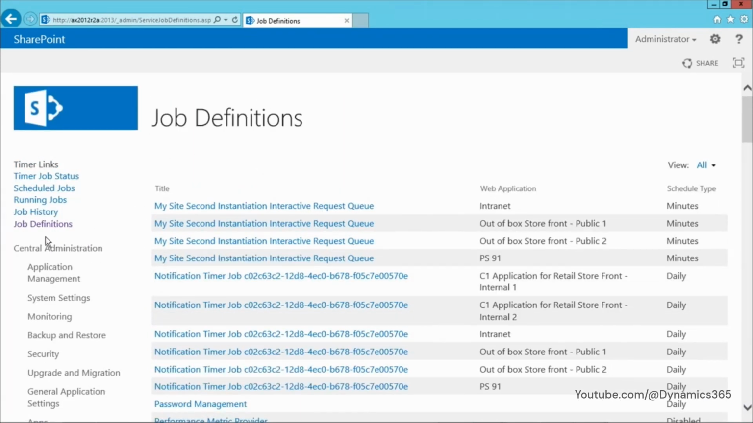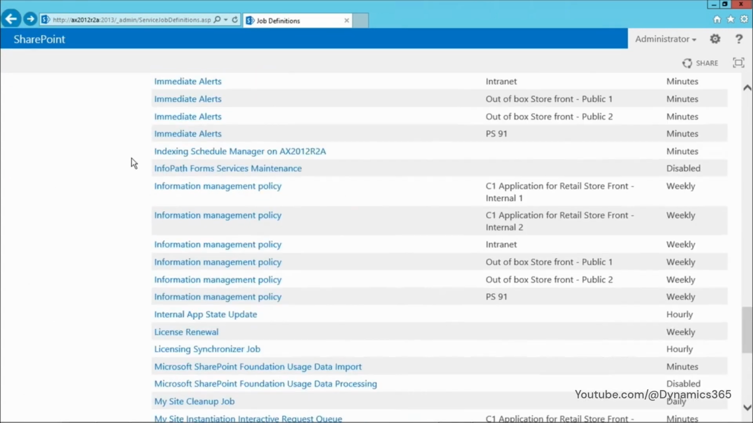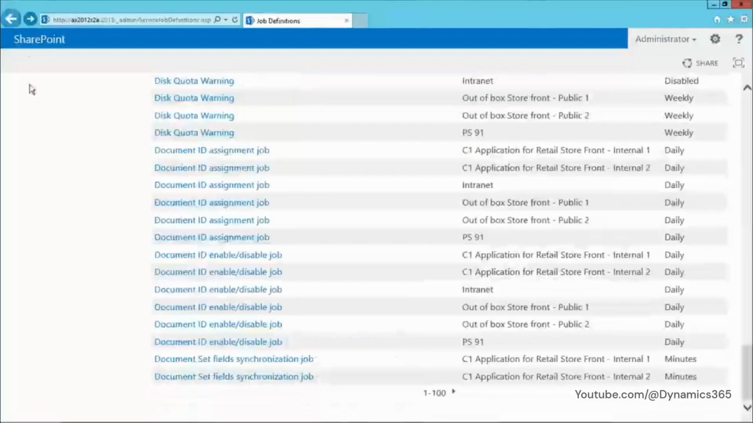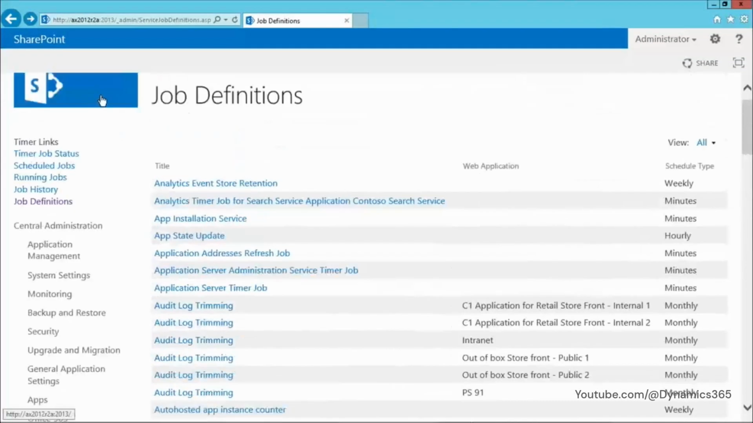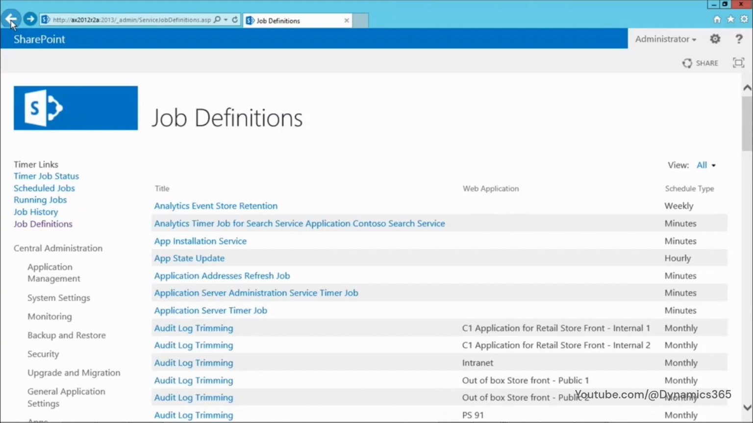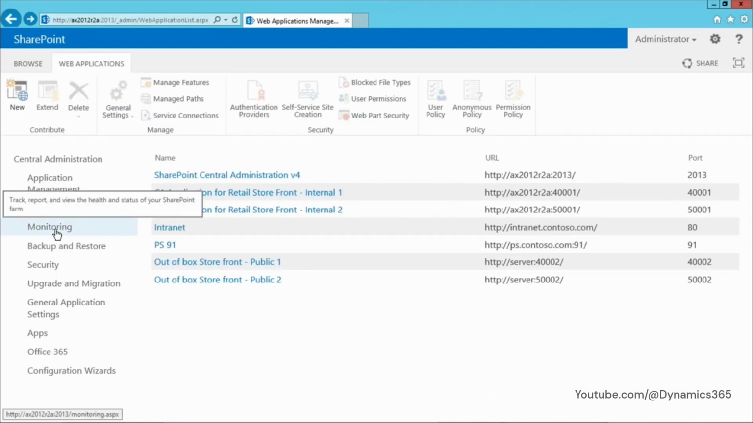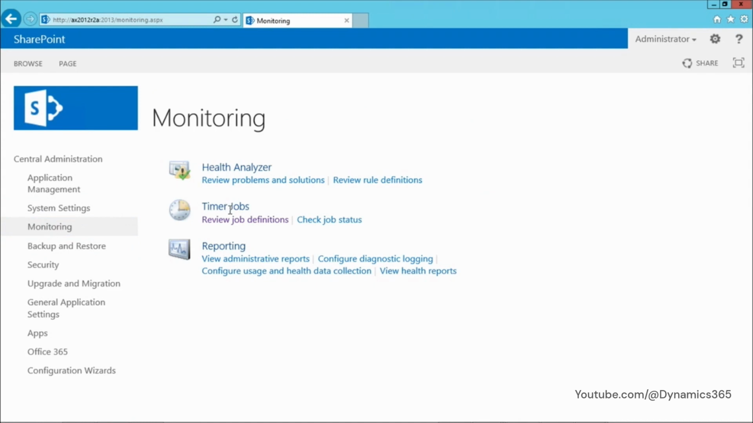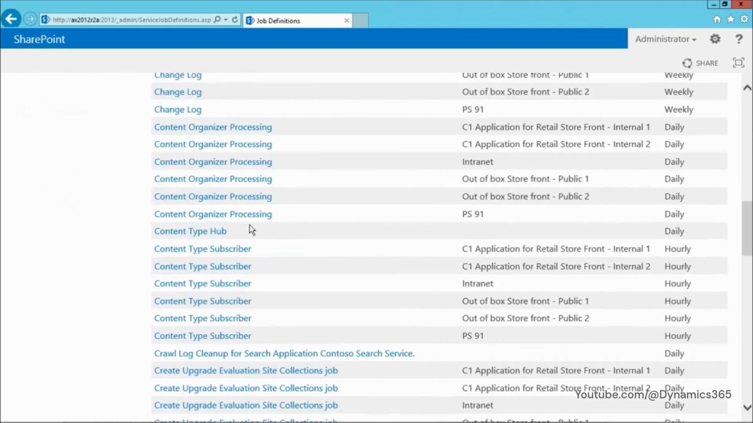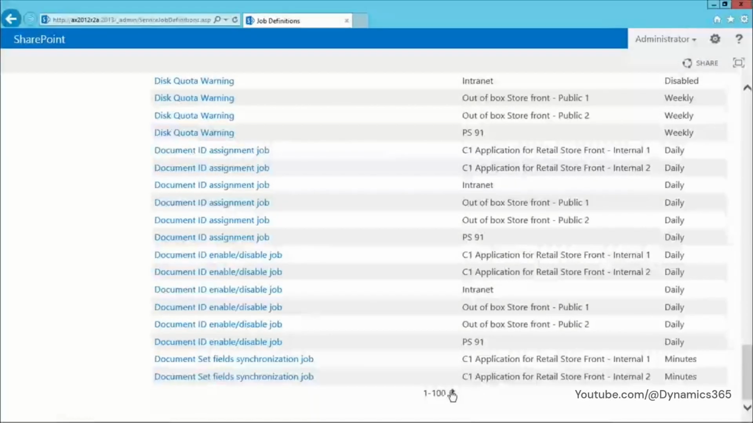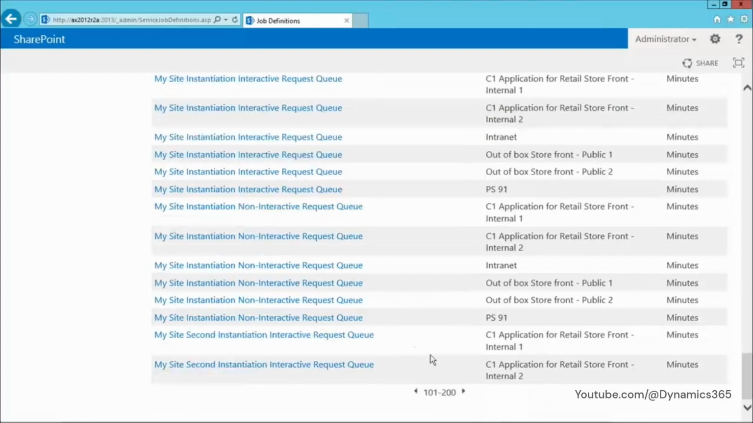How you can come to job definitions: you have to select Monitoring. Let me go back so you can see how to come to this particular job definitions page. If you see here, I click on Monitoring in the Central Administration, and once I click on Monitoring, under Timer Jobs you have Review job definitions. On click of Review job definitions, go towards Retail Publishing Job,